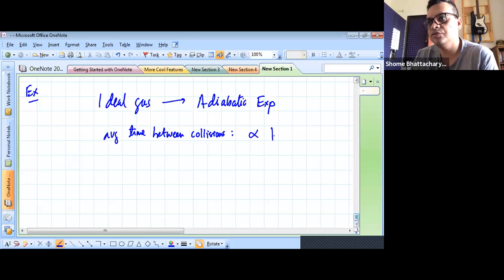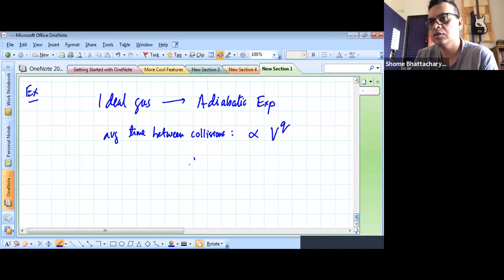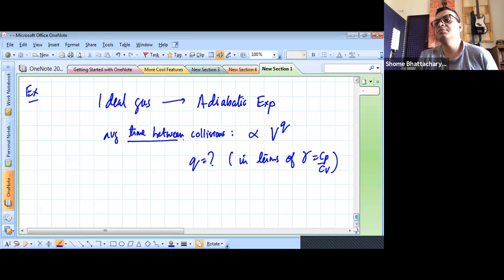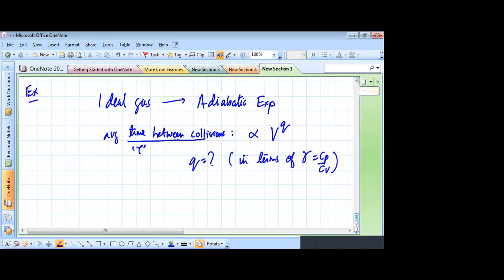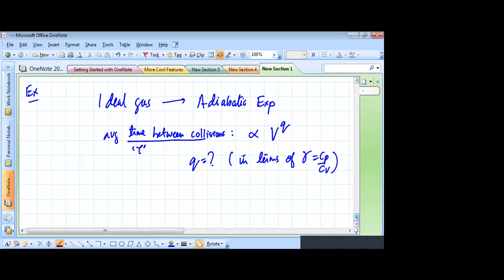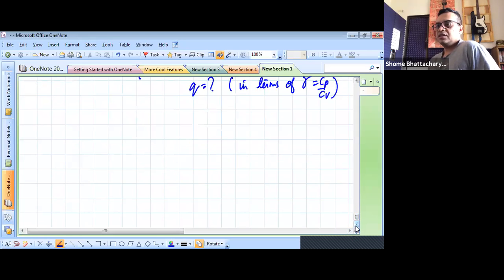So it is proportional to V to the power of q. Where q should be how much, in terms of gamma. So basically, we have to calculate this average time between collisions. Let's say tau. So tau's relation with volume. Okay, this is what we have to calculate in this particular question. So let's understand how we'll calculate tau. So if you take an ideal gas, what is the relationship of average time between collisions with respect to any of the parameters? So we have a gas confined